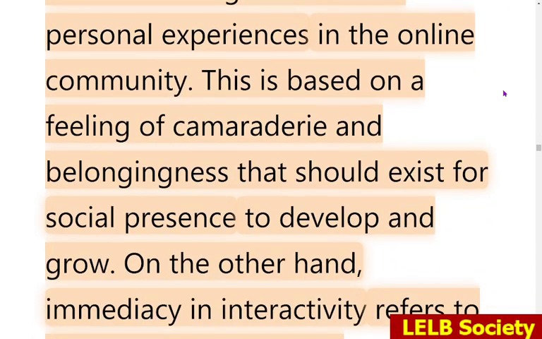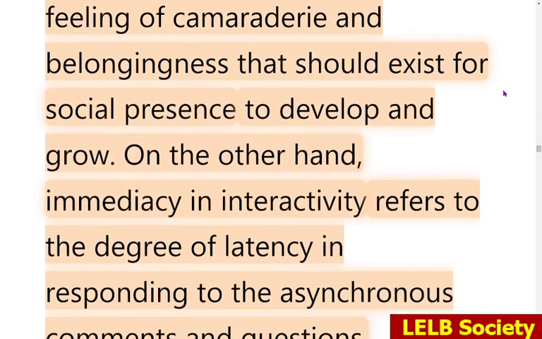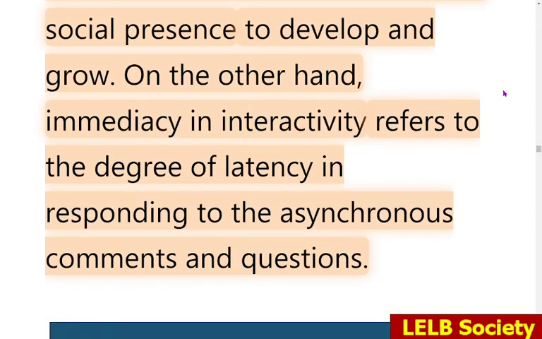That is based on a feeling of camaraderie and belongingness that should exist for social presence to develop and grow. On the other hand, immediacy in interactivity refers to the degree of latency in responding to the asynchronous comments and questions.